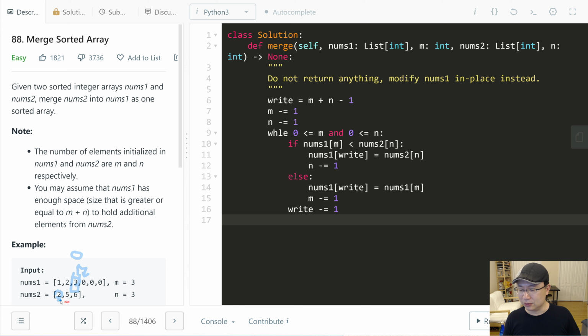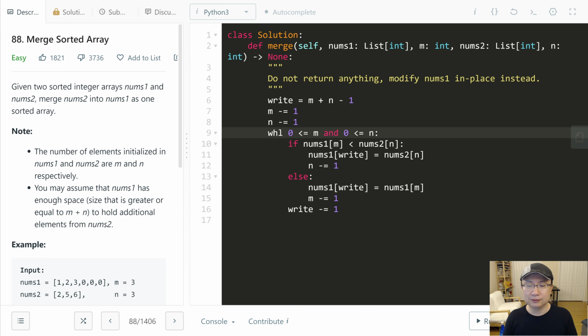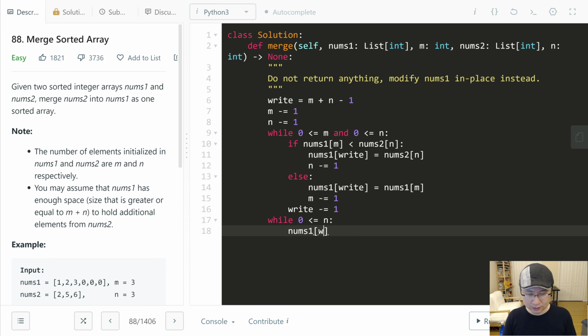So at this time the iteration is finished, but nums2 is still here. So we need to put it somewhere over here, right? While n is greater than or equal to 0, then I will put into nums1 at the write index,